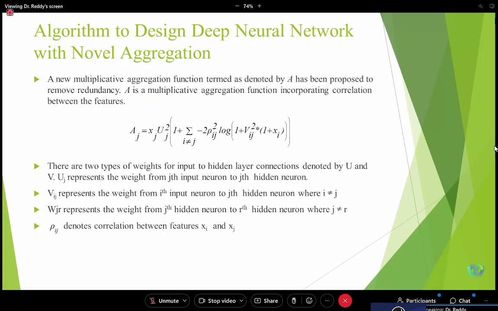So what do we mean by incorporating the correlation between the features? When different features exist in those layered architectures, if you can conveniently identify the correlated features, it is very useful for us to minimize the number of features or to optimize the features. For highly correlated features, you can take a conclusion and try to minimize the number of features accordingly, right?